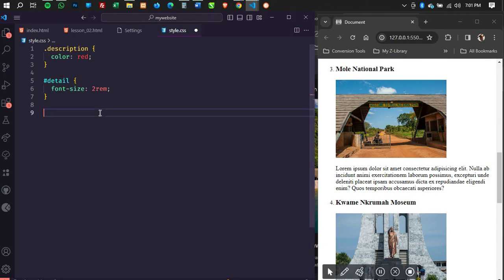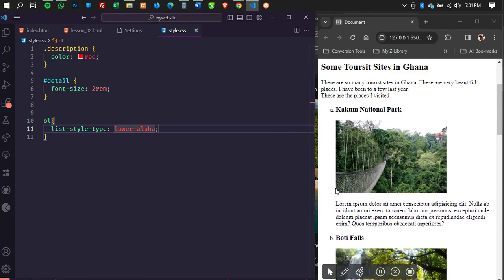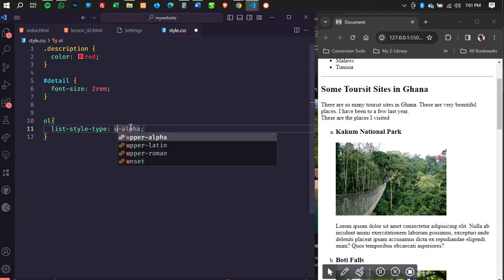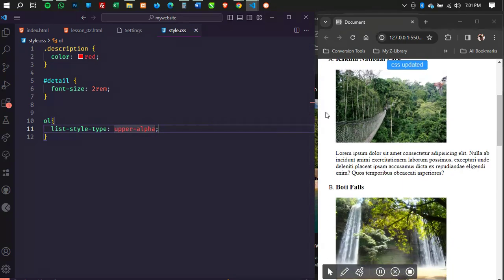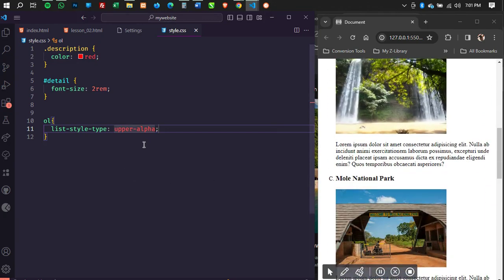So when I select the OL, then I can say list-style-type, lower-alpha. So you can see that it's changing to A, B, C, D. I can say upper-alpha and it's changing to capital A, B, C, D. There are other stylings we are going to be applying, but I want us to deal with the HTML aspect. HTML isn't lengthy. Like tomorrow we'll be done with HTML. From Monday we are going to put prime focus on CSS, and so we'll come across most of these things.